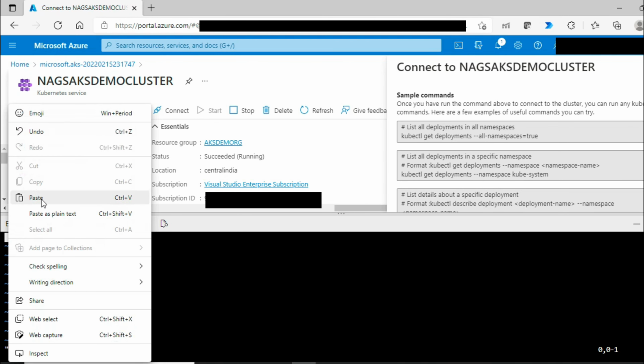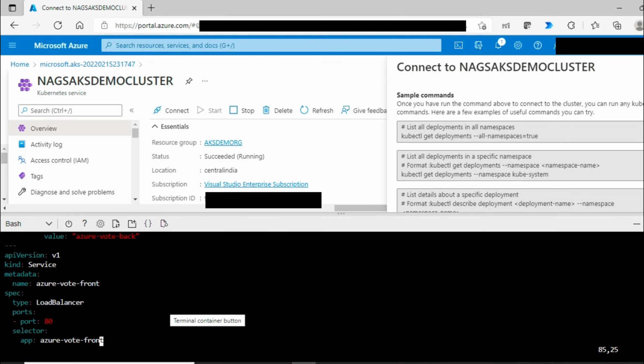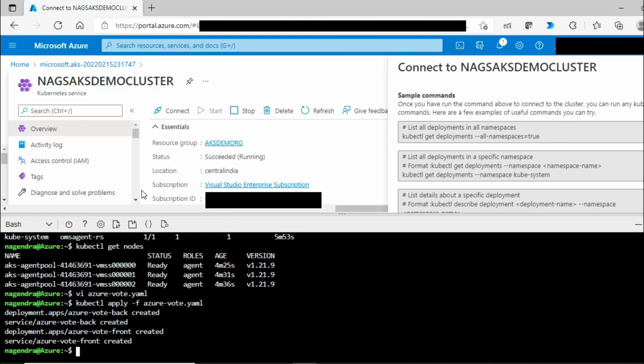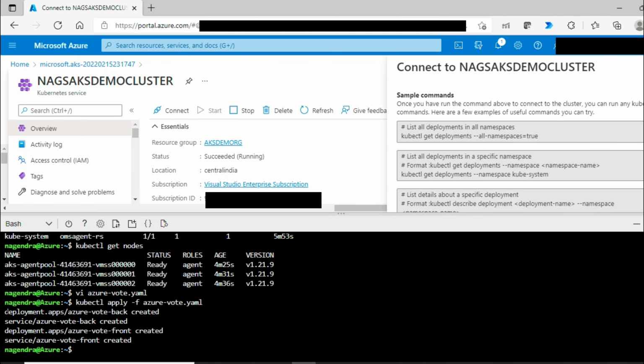This is a sample application given by Microsoft and I'm trying to save this. So this particular YAML manifest file is saved. Now if you observe, there is a deployment done for the backend which is using Redis cache, and there is